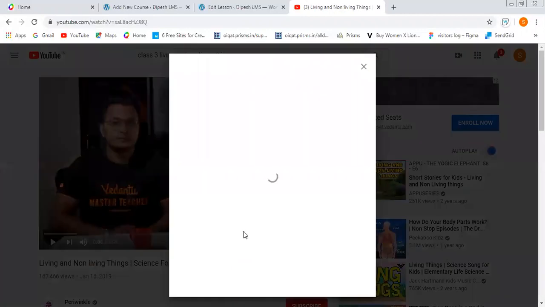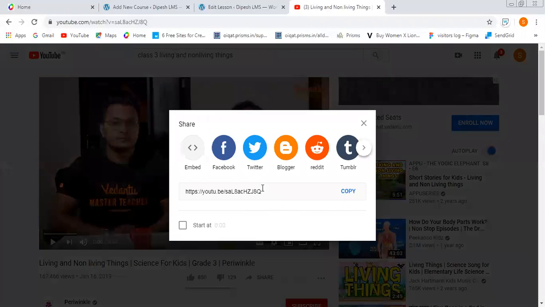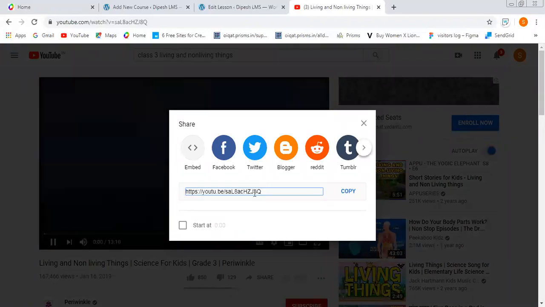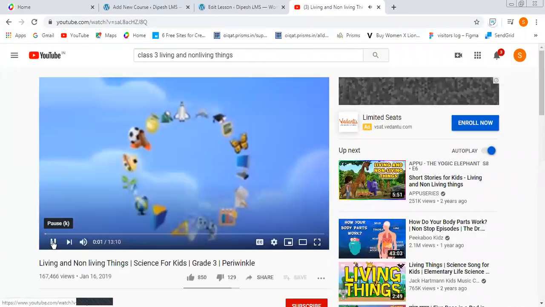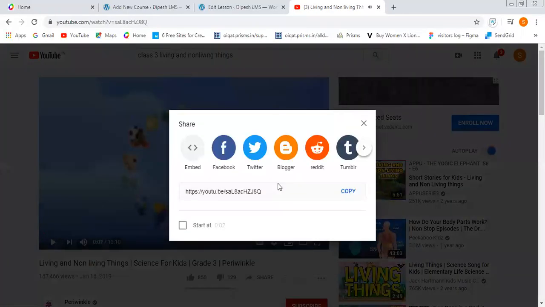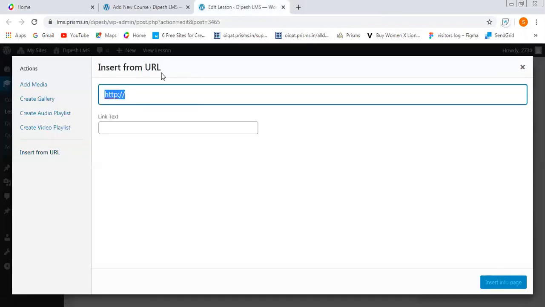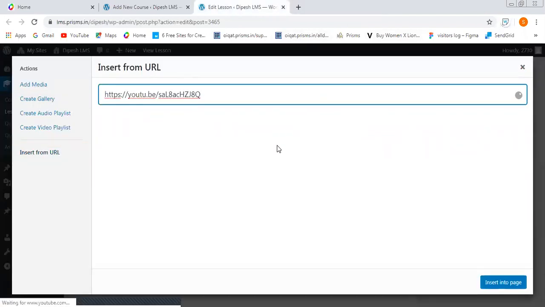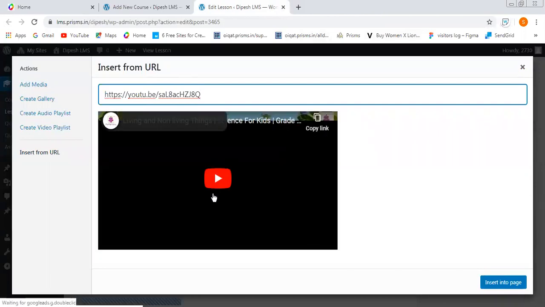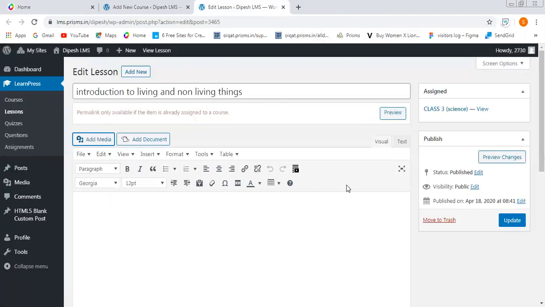So I'll click on share and I'll copy the link. Once you copy the link, paste it over here and you'll be able to see the video. Now I'm inserting that into the page.